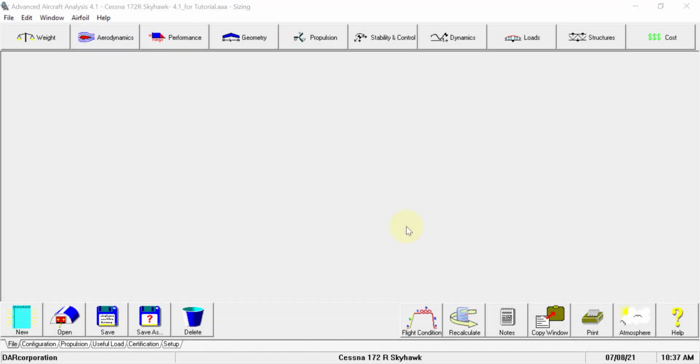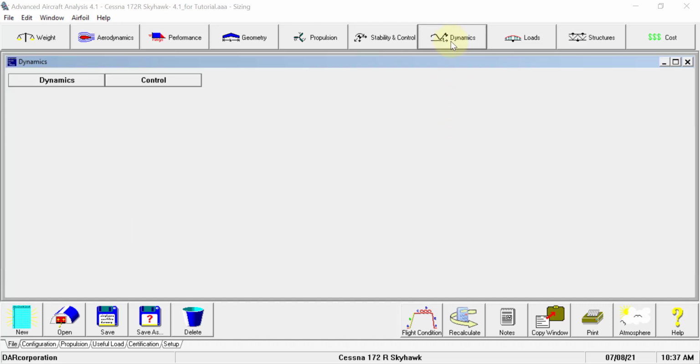Welcome to the AAA tutorial on open loop dynamics. The open loop dynamics are found under the dynamics module and the dynamics submodule. Then it's split over longitudinal, lateral directional and the roll coupling, and today we will go into the longitudinal and